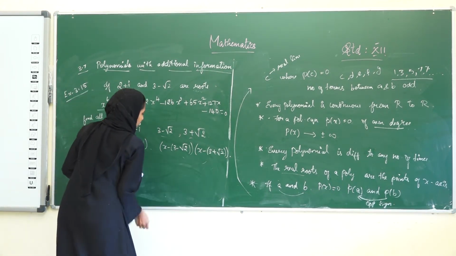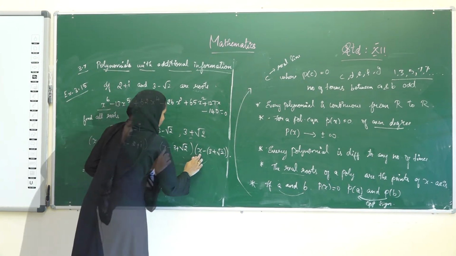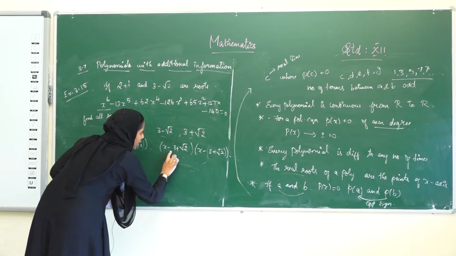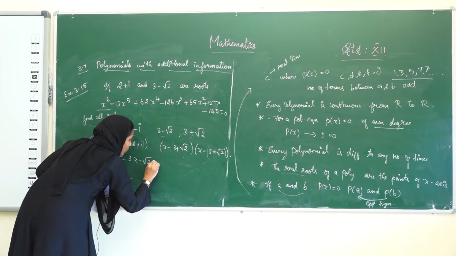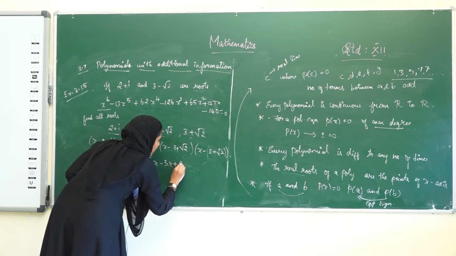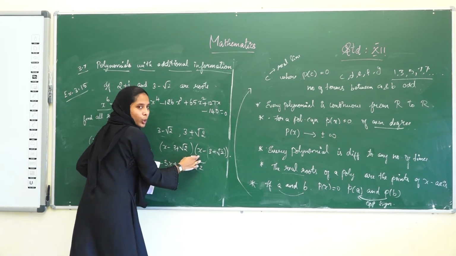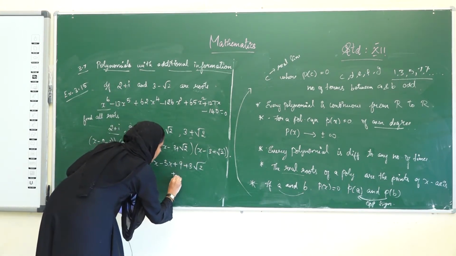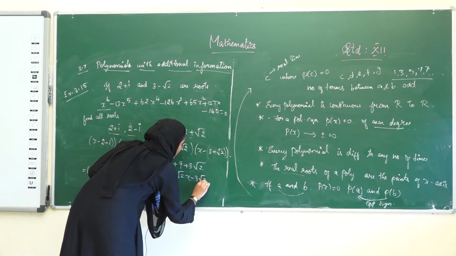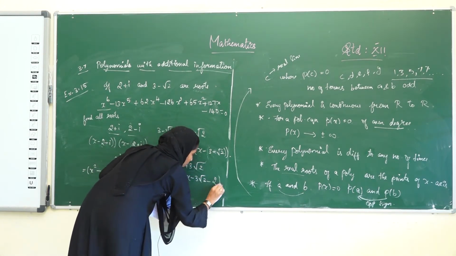Now we are going to multiply the other two factors. Inside we have minus 3 and here it becomes plus root 2. X with these terms: x square, x into minus 3 is minus 3x, x into minus root 2 is minus root 2x. Minus 3 into x is minus 3x, minus 3 into minus 3 is plus 9, minus into minus is plus 3 root 2. Then multiply plus root 2 with these terms: plus root 2x, and then minus 3 root 2, and minus root 2 into root 2 becomes minus 2.